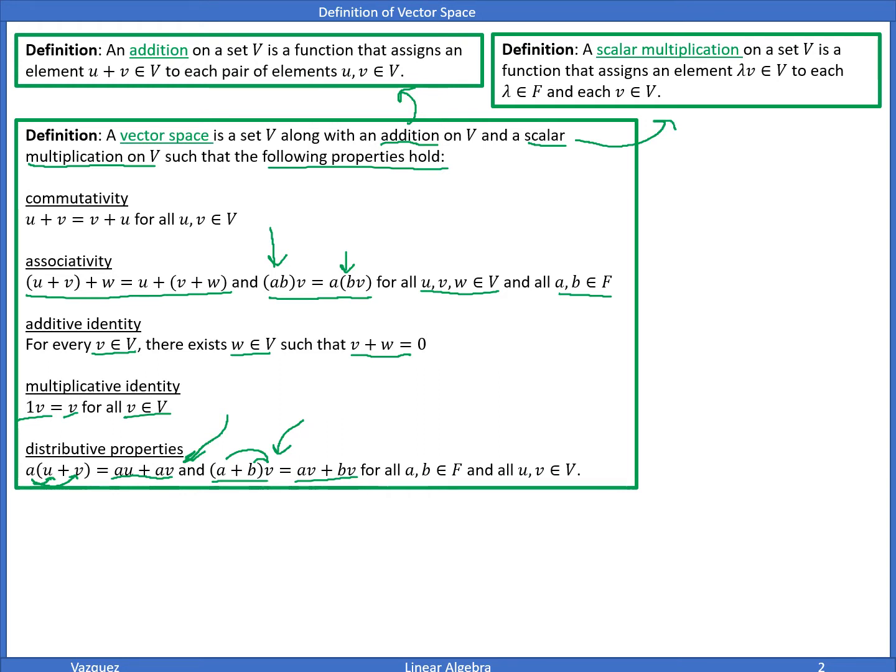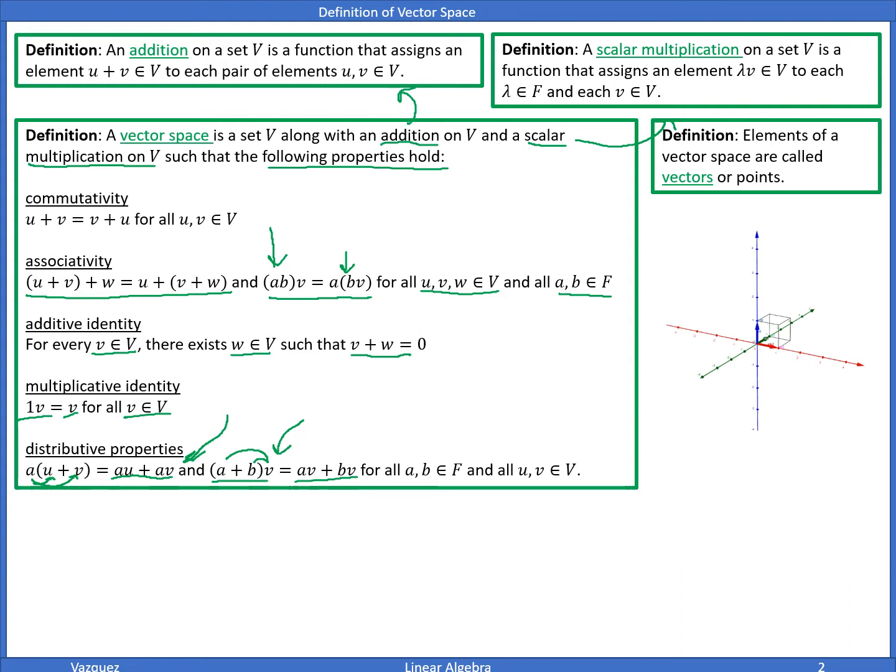Okay. Next up is elements, just the definition of vectors. Elements of a vector space are just called vectors, or you can call them points as well. And here's just a little illustration. We have a blue vector there, red vector over here, and a green one over here. So these are three vectors, and we're going to talk about other definitions that are yet to come, like span or